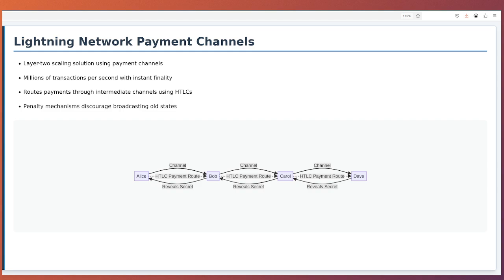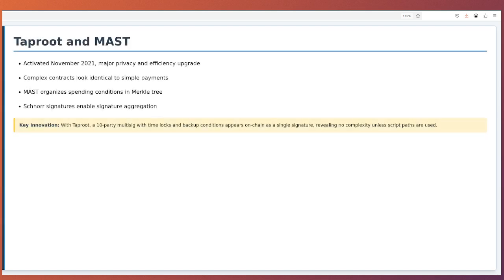Channel updates use penalty mechanisms to discourage cheating. When you update the channel state, you revoke the old state by giving the counterparty a revocation key that would let them claim all funds if you broadcast that old state. This ensures both parties only broadcast the most recent state. Taproot and MAST. Taproot, activated in November 2021 through BIP 341,